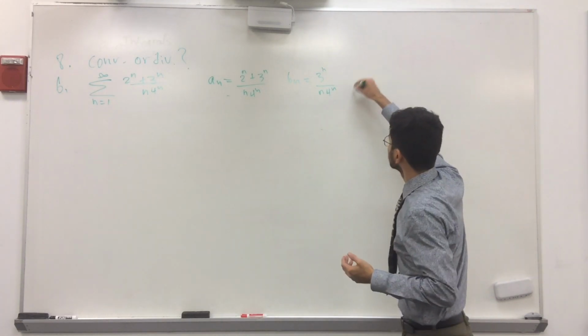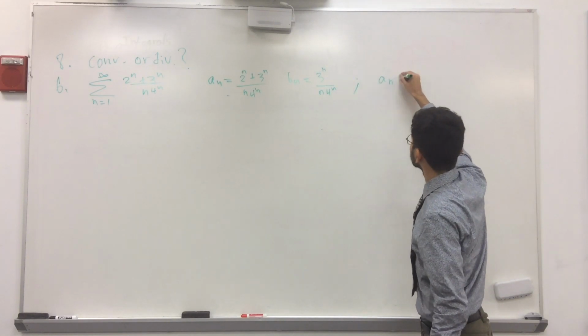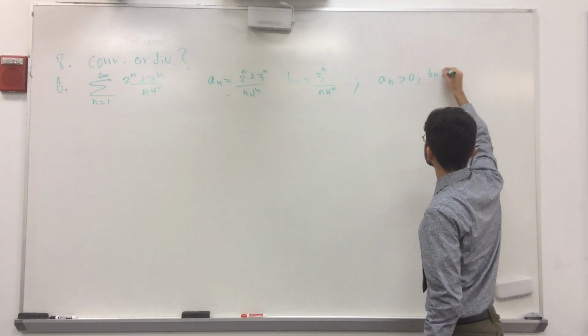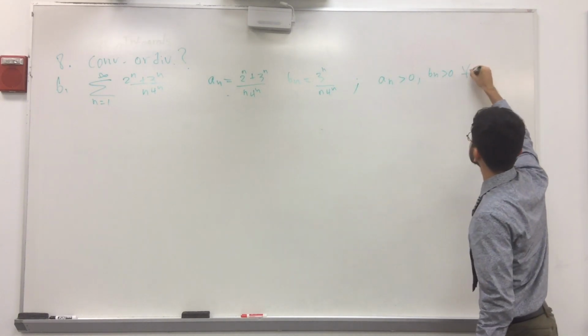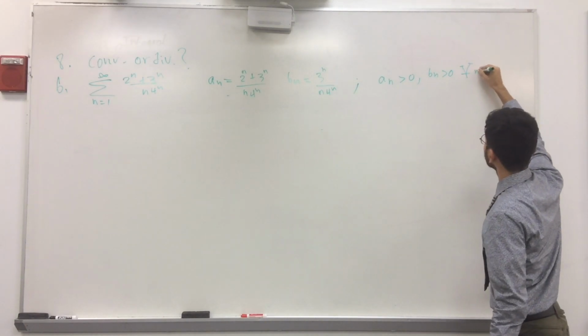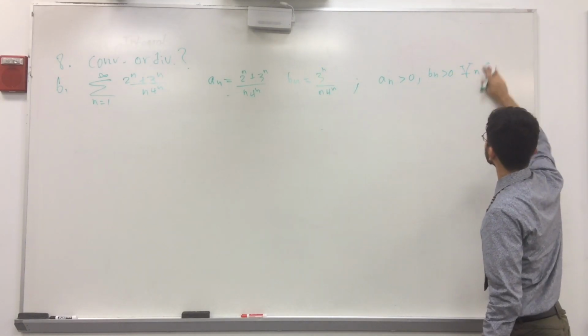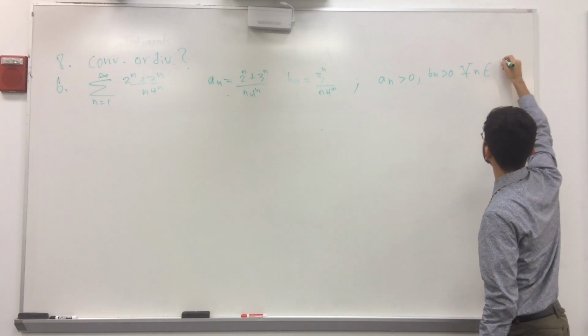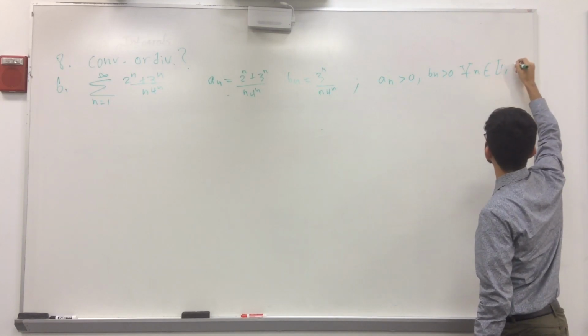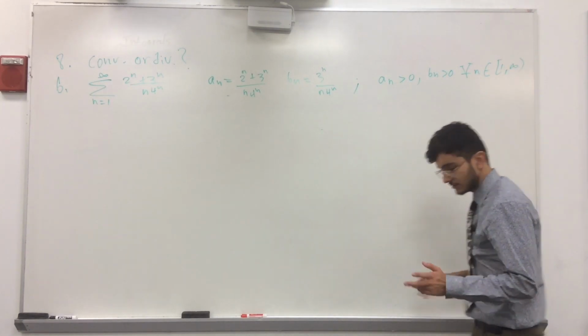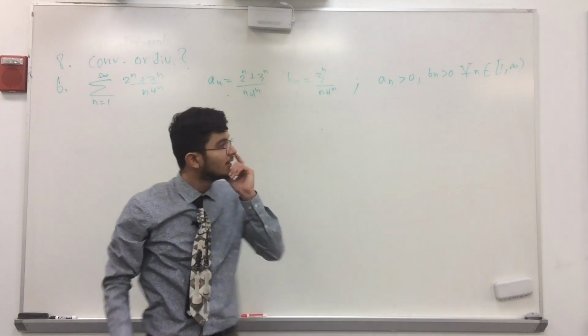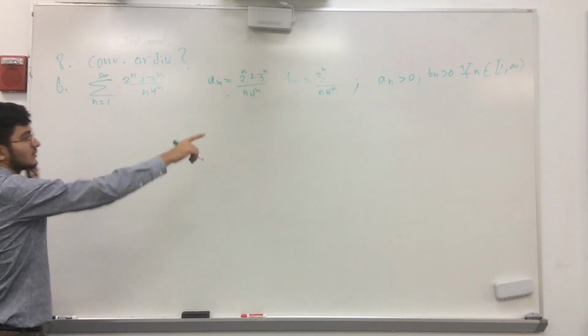The conditions for the limit comparison test are that an is greater than 0 and bn is greater than 0 for all values of n which belong to the interval from 1 included to infinity. All right, so now that the condition is met,